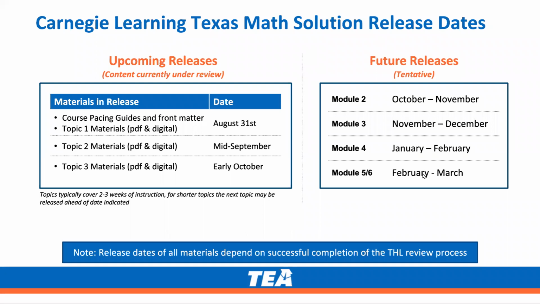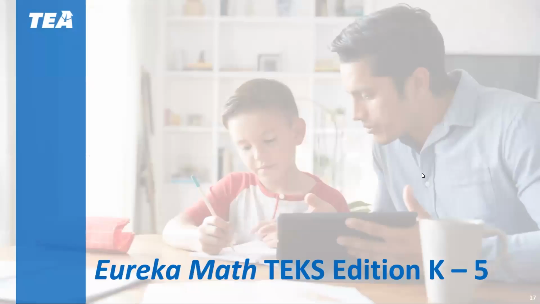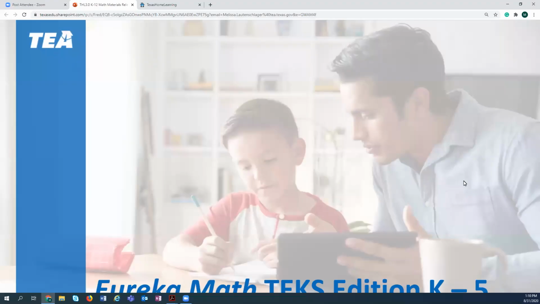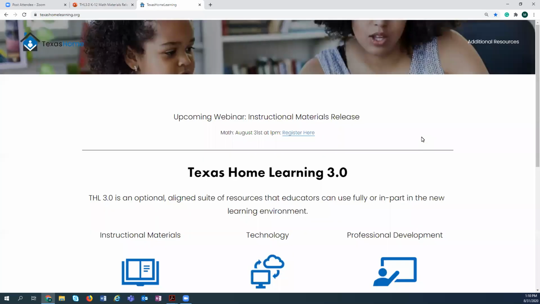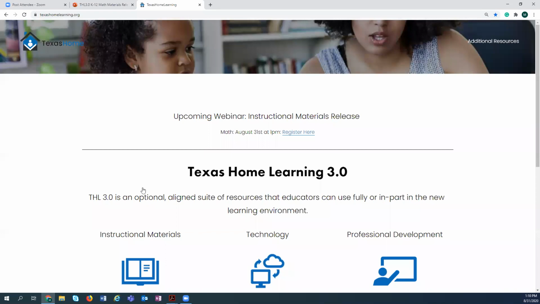So I'm really going to jump in today by going to the site at texasHomeLearning.org and walk you through some of the materials that are available for release today. If you are following along, you can also go to texasHomeLearning.org. This is really your jumping off site for convenience to help support in the materials. We're going to be updating the site frequently to provide additional information as we release webinars and such. Going here, I'm going to jump into the instructional materials.